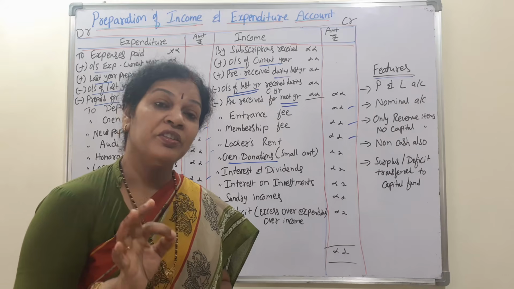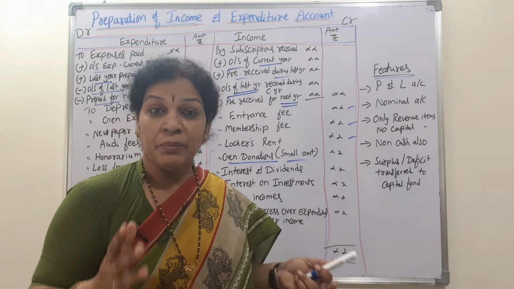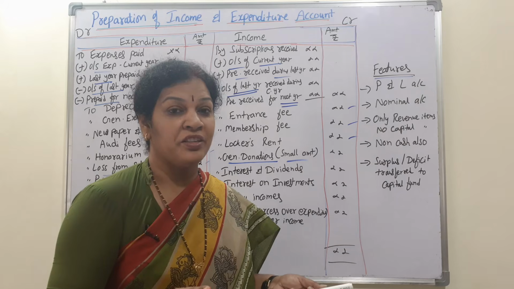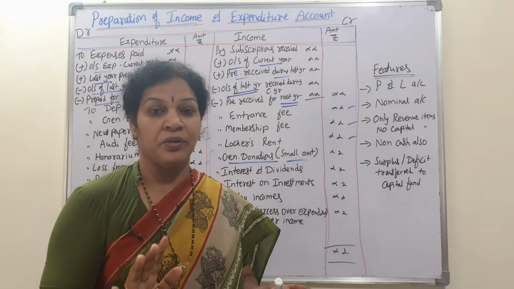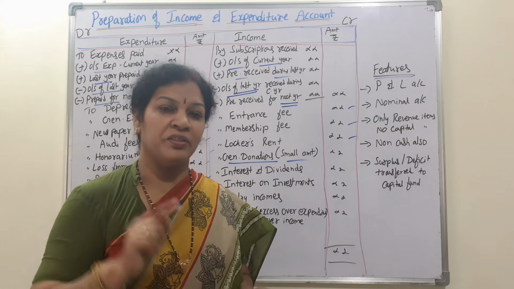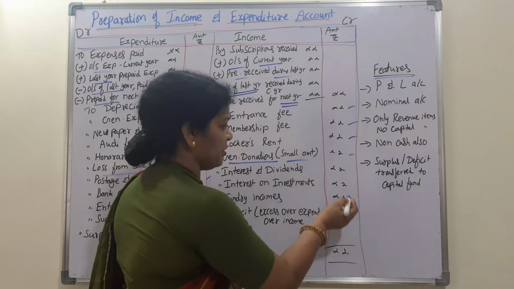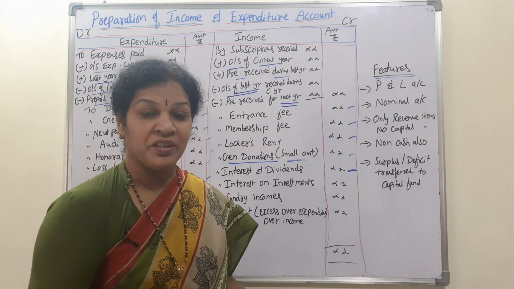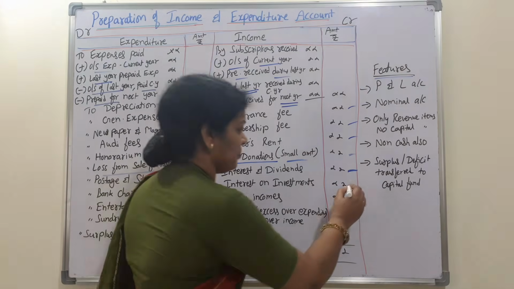General donations, if it is a small amount, we will take it. If it is a big amount, general donations are to be capitalized. Capitalized means the balance sheet liability side will show it. Big amounts of donations, we already discussed in the first class. Okay, remember this. Next, interest and dividends, income. Interest on investments, we have investments, so on that when we get any interest, that's an income.